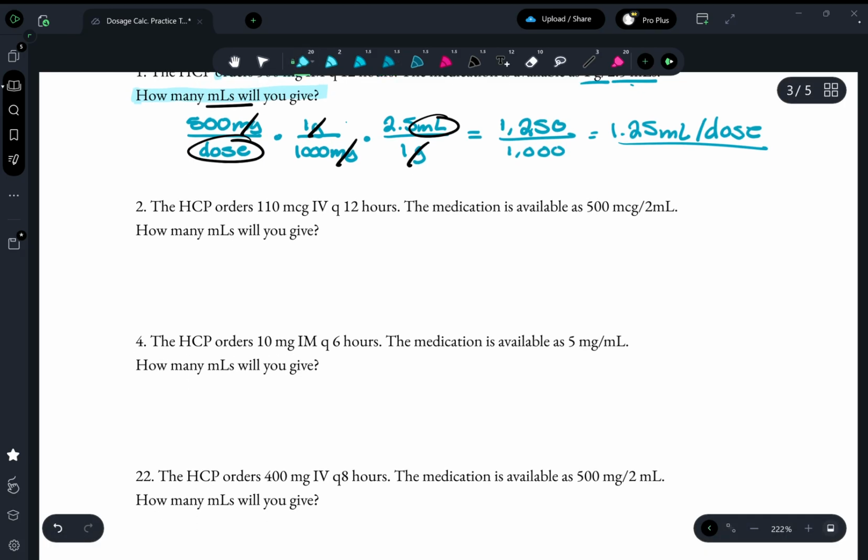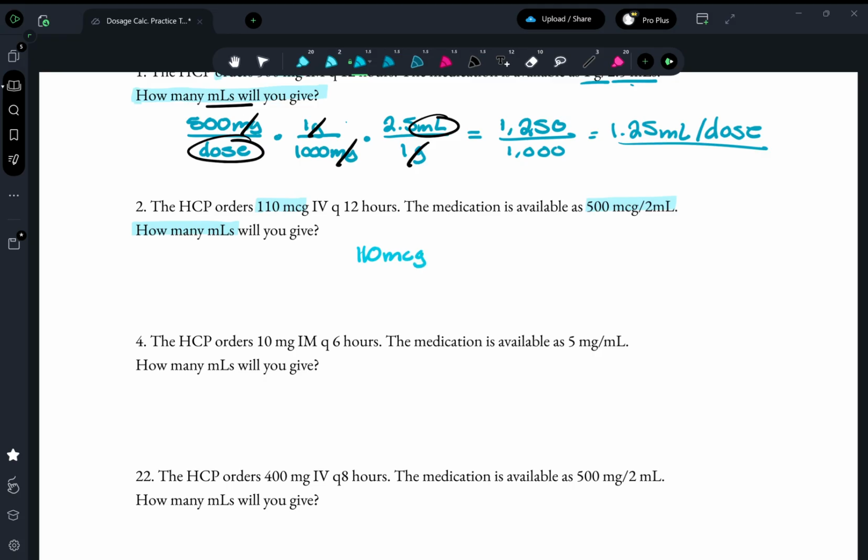Okay, next one. We have 110 micrograms. It's available as 500 micrograms in 2 mLs. How many mLs will we give? There's no conversion that needs to happen here, so we can just do the question. 110 micrograms divided by 500 micrograms. We're going to get a fraction, but we're canceling those out. Multiplying it by 2 mLs, because that's our availability. And we're going to get